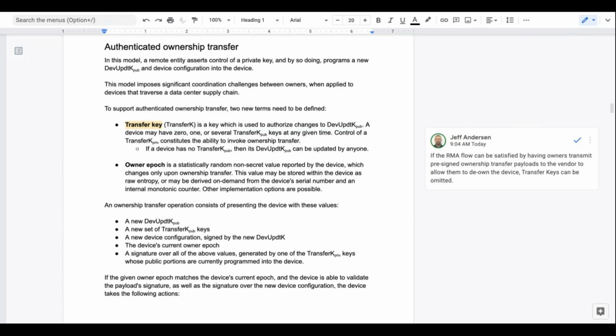Yes. As the owner, when you program a second transfer key that belongs to someone else, like the vendor, you're putting the device's fate in their hands a bit. You have to trust that the vendor has good key hygiene. Otherwise, don't program the vendor's transfer key into your device, and then you have the burden of de-owning the device before you send it there.